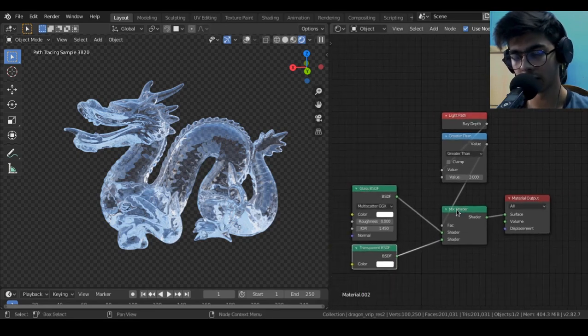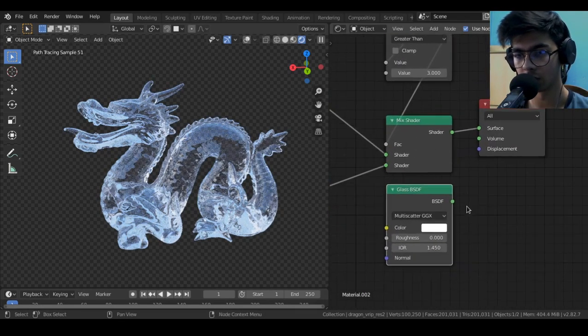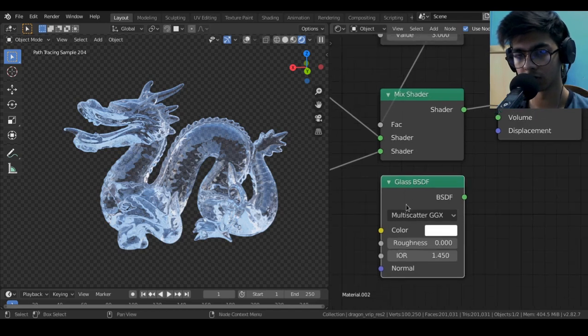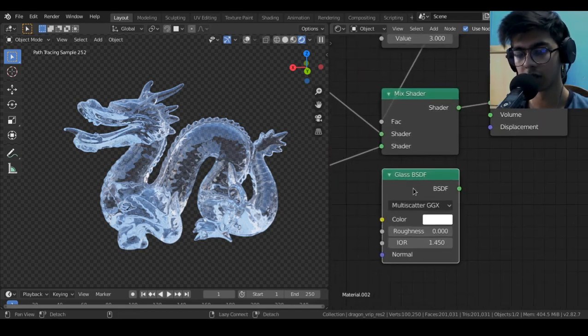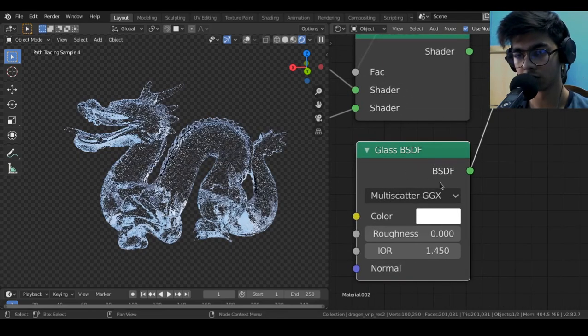So today we're going to look at a better glass shader for Cycles. As you might already know, Cycles is not very well equipped with algorithms for calculating caustics and such transmission light calculations. Although it can, it leads to noisy renders and a longer render time. So what we are going to do is solve this issue.